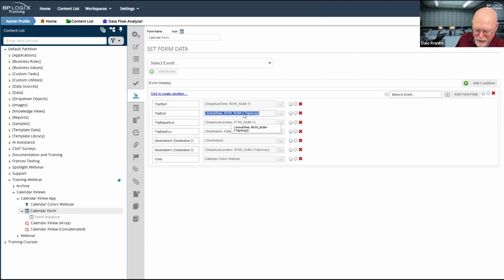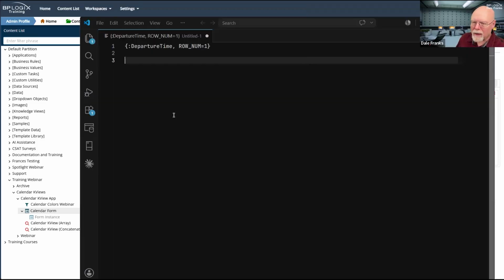For my trip end, I have this syntax. I need the arrival time, but I got to specify the row number. Now, what I don't want is any of the earlier rows in there.